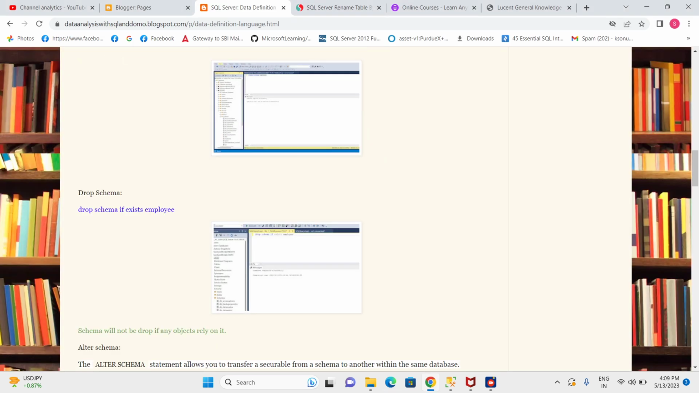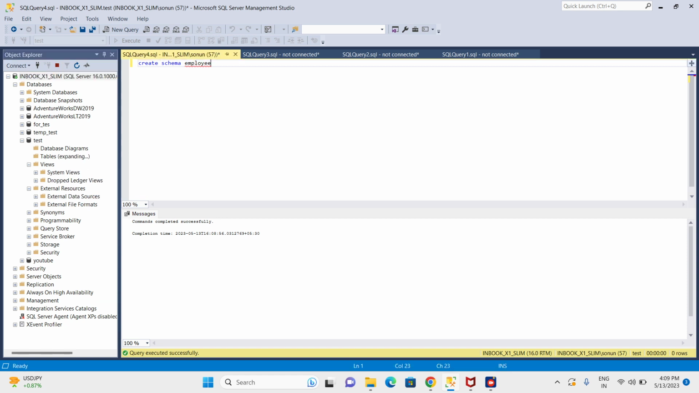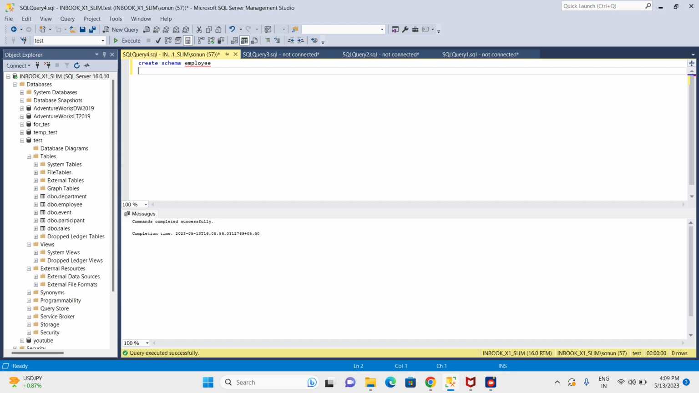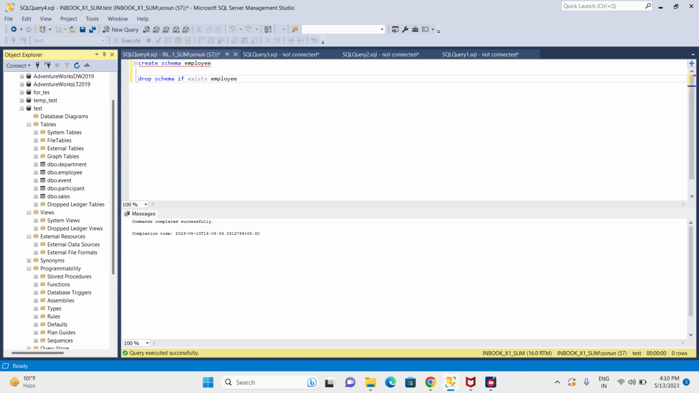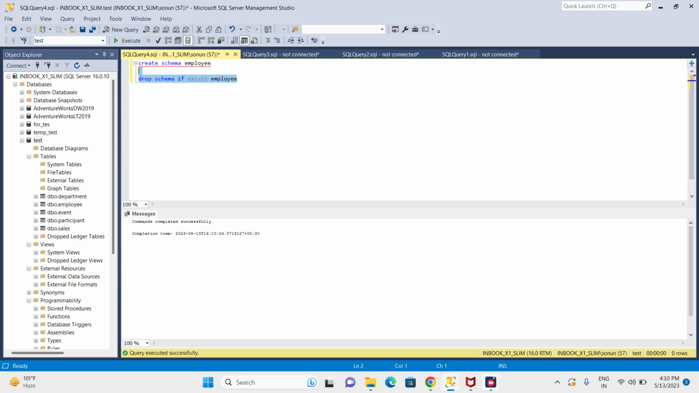After creating a database schema, we have an option to drop a schema. It's very simple, just DROP SCHEMA IF EXISTS employ. So I'm just going to drop the created schema, drop if exists employ. Hold on, I already have the query. When I execute this, what will happen? The schema will be dropped in SQL Server. Let's see. So the schema got dropped. So this is how we can create a